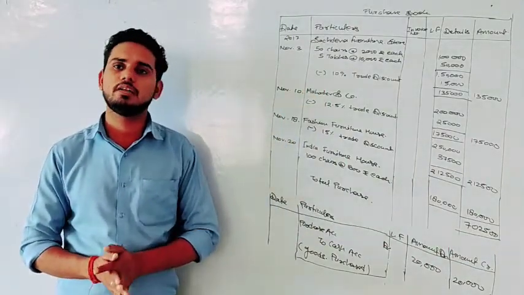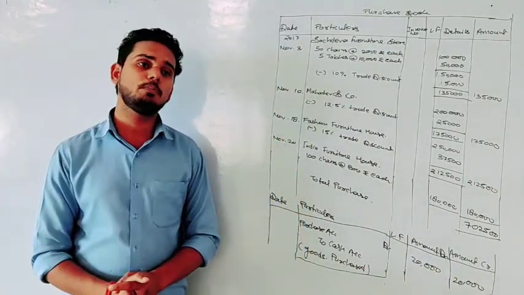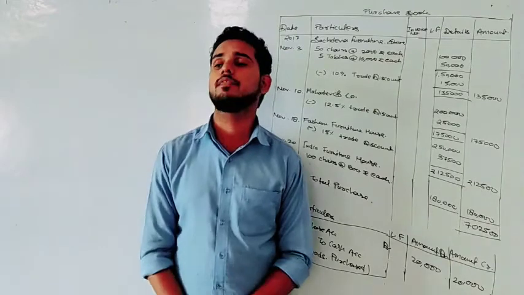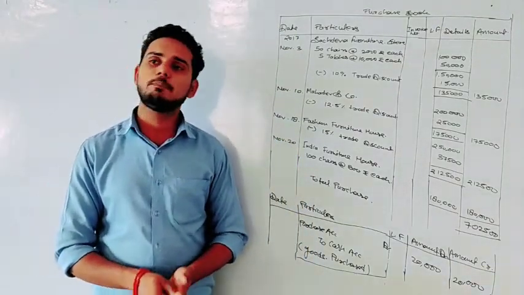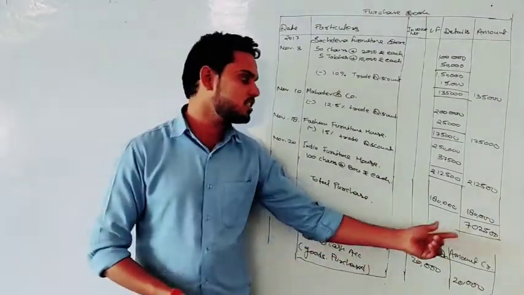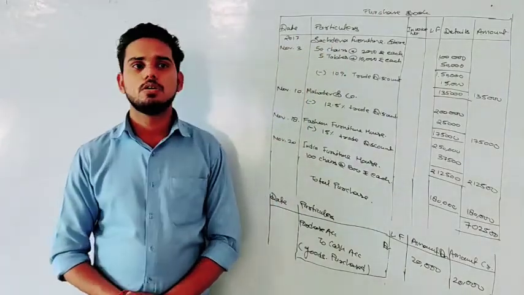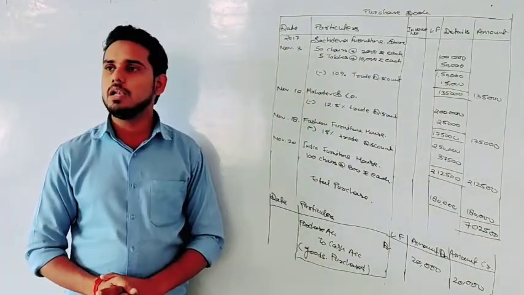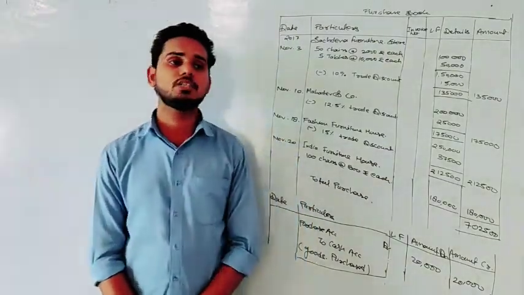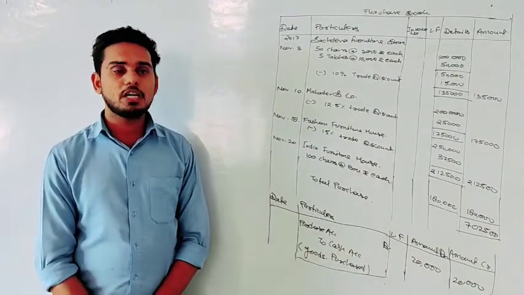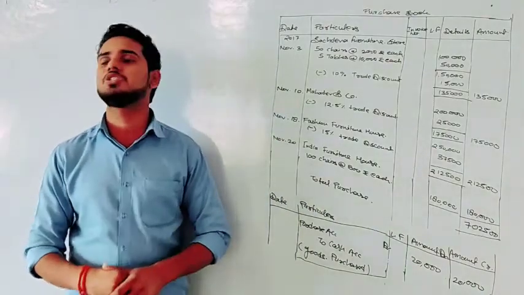Now one thing will come to your mind, which we have actually already discussed: sir, why do we prepare a purchase account if we already have a purchase book, when we are not preparing a cash account if we have a cash book? The answer is very simple. In the cash book, all the transactions are recorded in one place. But in case of purchase, some purchases are recorded in the purchase book and other purchases can be recorded in the cash book or in the general journal.